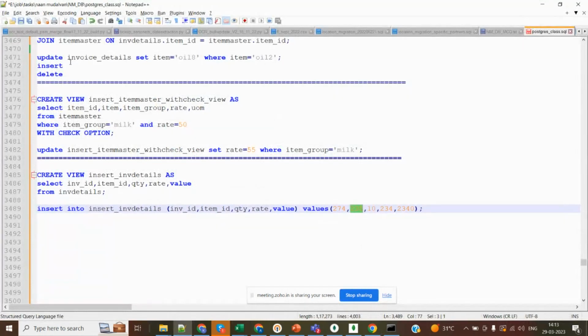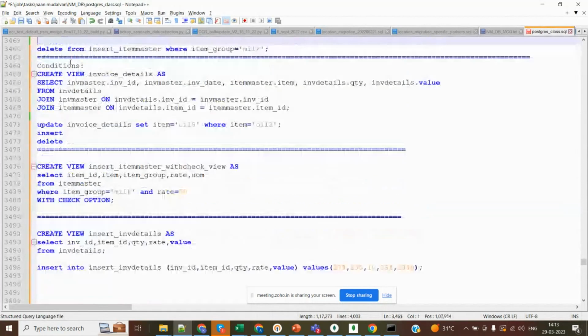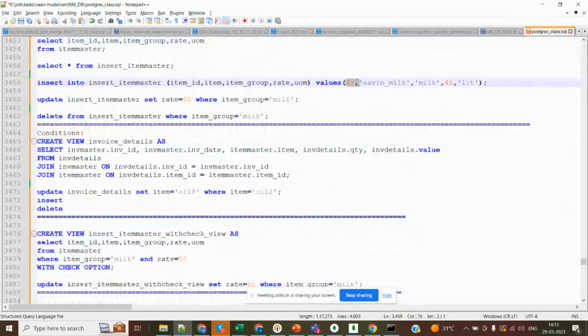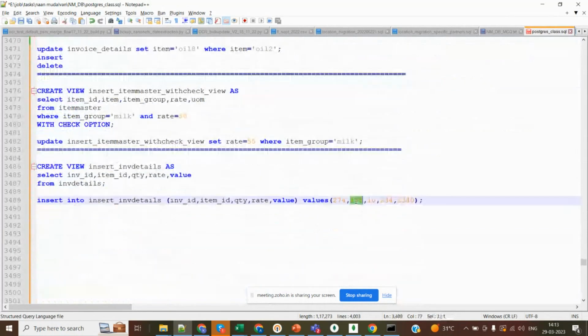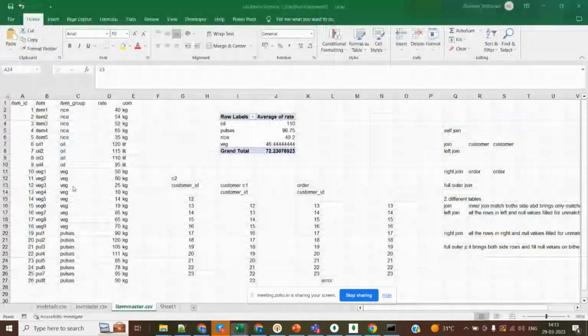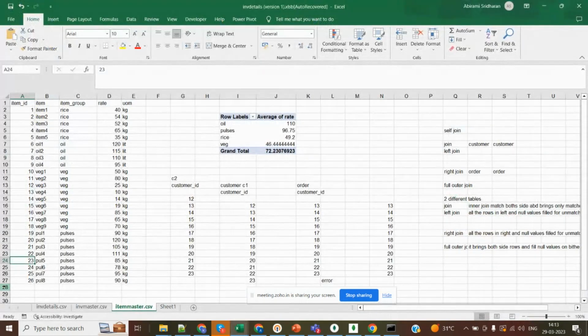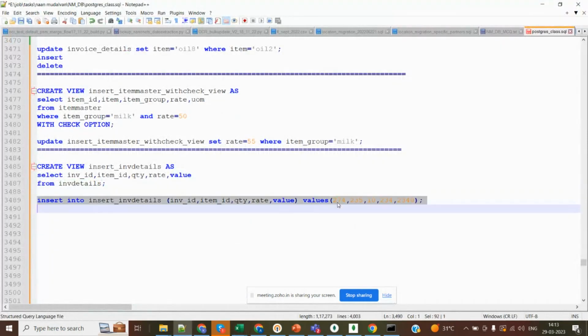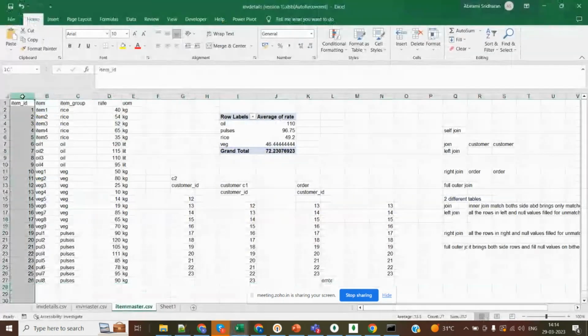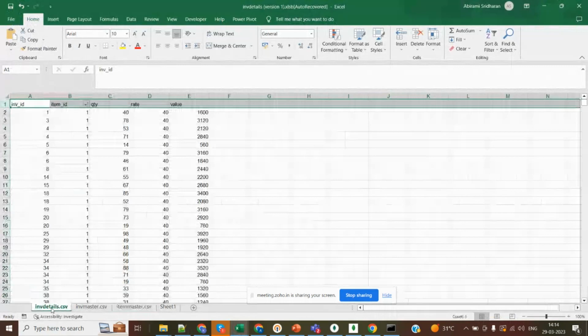Now, in this master table I am able to enter one new value, right? 27, like that. This is a new value to the master table. But the invoice details depends on the master tables, called invoice master and item master. If I try to enter something new with respect to the ID, because this ID is in a primary key, foreign key relationship with the invoice details,